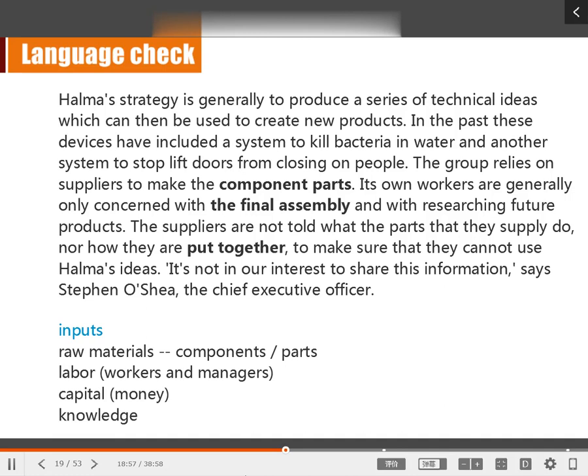So it takes raw materials like steel, 钢筋 or plastic, 塑料 to make some of the components or parts used